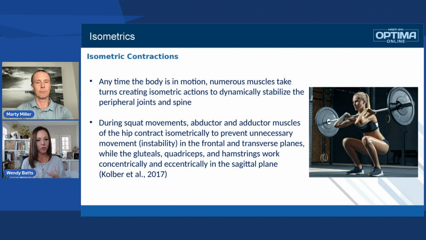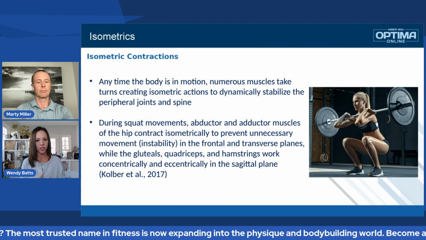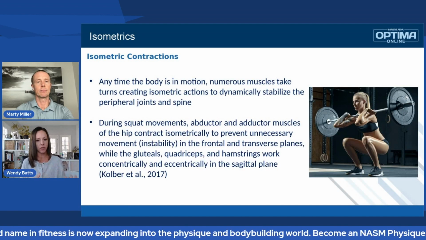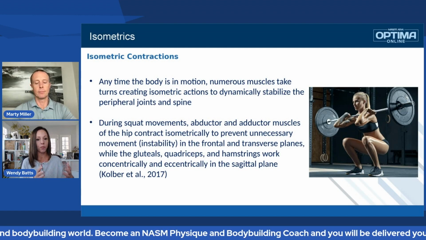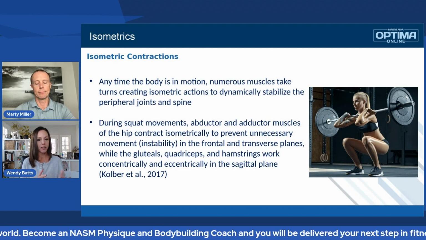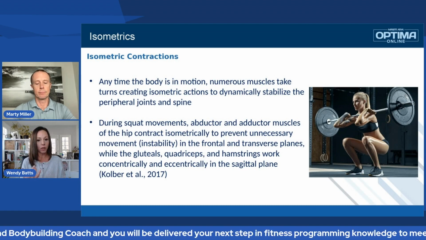So one of the reasons we do phase 1 with little to no joint motion, especially in the core, is because all those little muscles have to maintain activation in order to keep us in the correct posture and positioning. So for example, when you're doing the squat, the abductor and adductor muscles, so inner and outer thigh muscles, are contracting isometrically to prevent unnecessary movement or instability in the frontal and transverse planes,